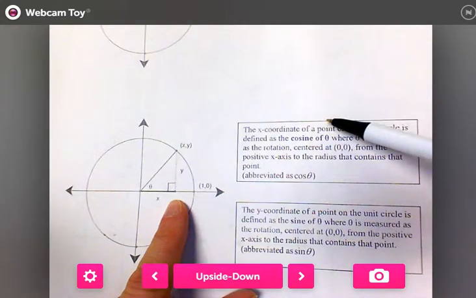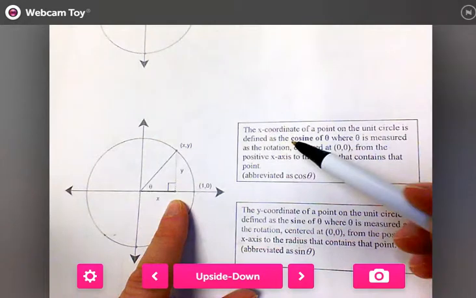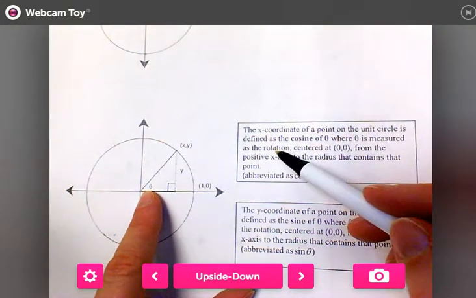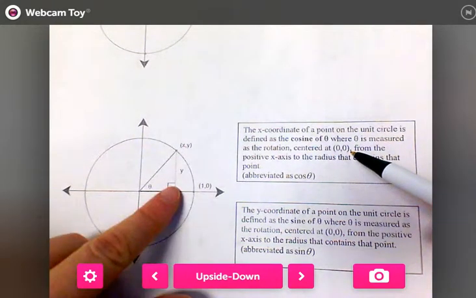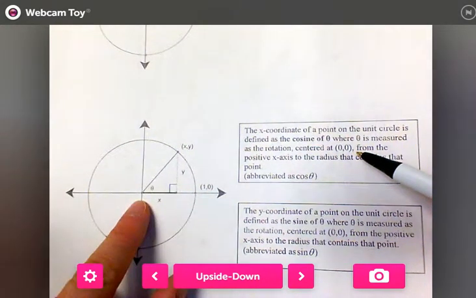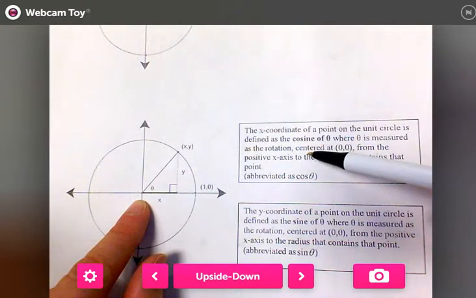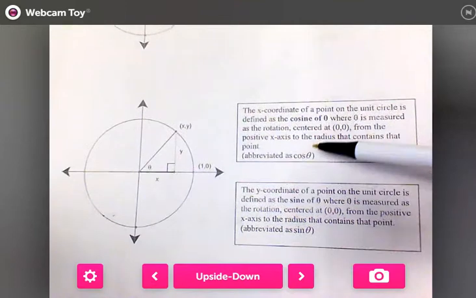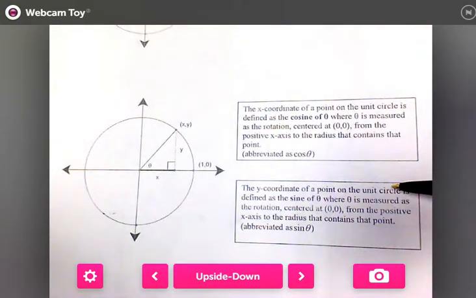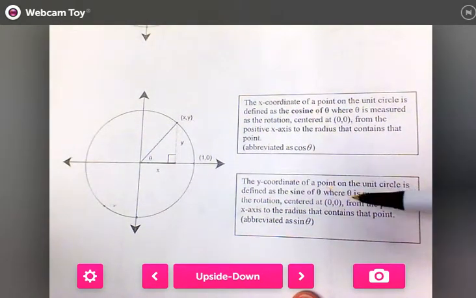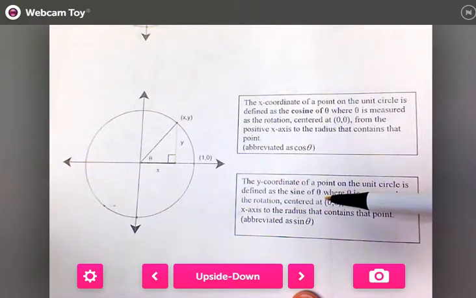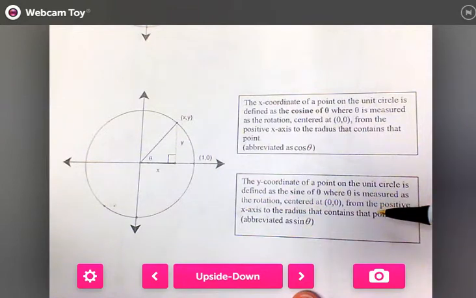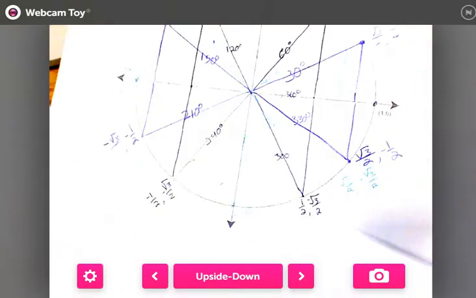The x coordinate of a point of a unit circle is defined as the cosine of theta, of the angle, where theta is the measure as the rotation centered at 0, 0. So it's how big we go around from that point. From the positive x-axis to the radius that contains the point, abbreviated as cosine theta. The y-coordinate of a point on the unit circle is defined as the sine of theta, where theta is measured as the rotation centered at 0, 0 from the positive x-axis to the radius that contains that point, abbreviated as sine theta. So if we turn this over,